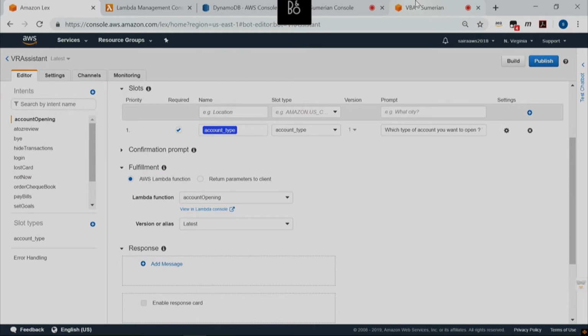I think, and this is where I'm just clarifying, I think by default Lex is limited to currently English. Yes. On its own, Lex accepts only English and provides only English. But you can use other services to change the input. Okay. So that's what we do in Sumerian. Once we get the text back from Lex, we convert it into the different language and present it to the user. Gotcha. Right. Okay. Cool.